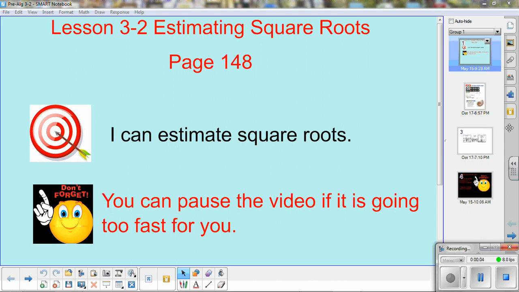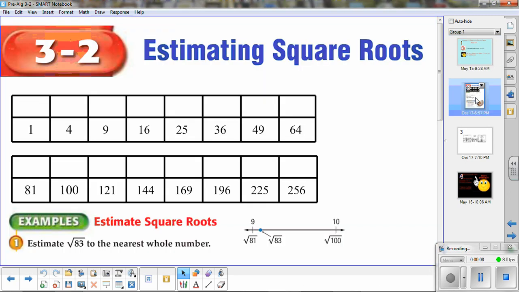In Lesson 3.2, you will be estimating square roots. Before we get started, it might be helpful to just write out the perfect squares across the top of your note page. Remember from the last lesson, 1, 4, 9, 16, and so on are perfect squares because 1 squared